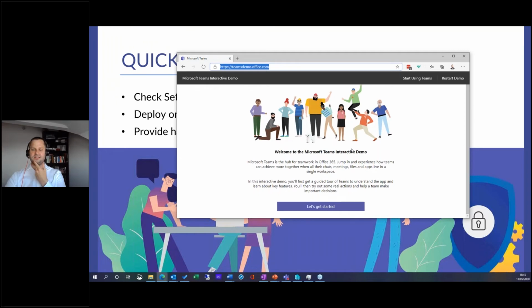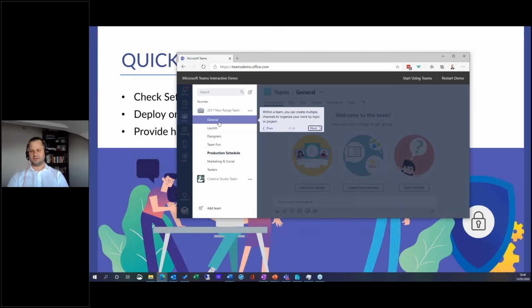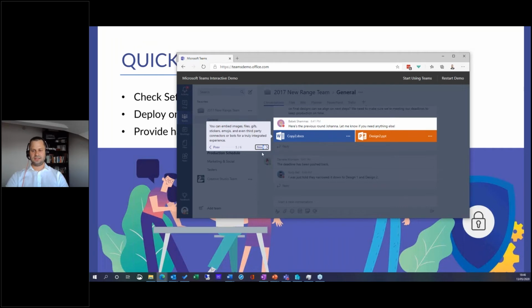Lots of organizations have just rolled out Teams with very little training and very little guidance. So I would recommend that you give your users some structure and some guidance in this area. One of my favorite free tools that's available is if you go to teamsdemo.office.com. This is an interactive demo. And if I hit Let's Get Started,